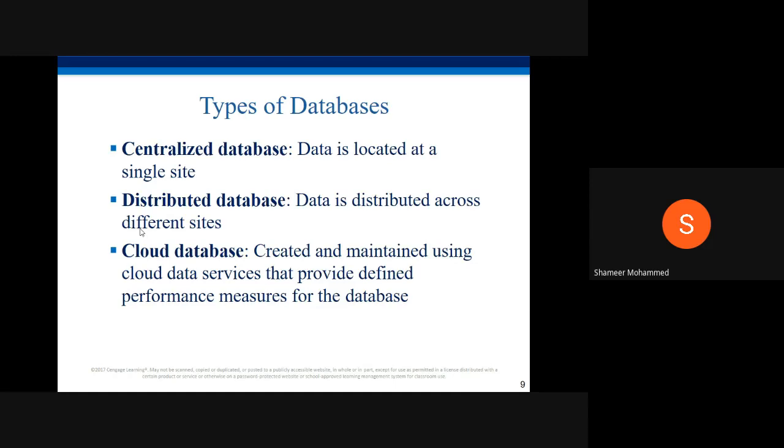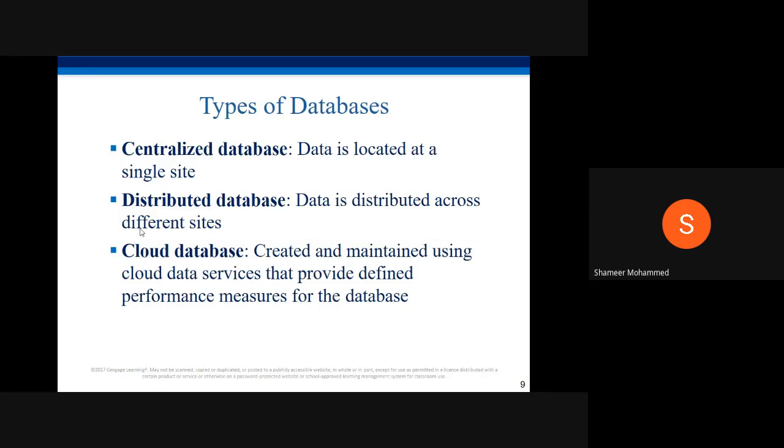For example, I am storing students' data in the Sur College database server, teachers' data in the Sohar College database server, books data in the Salala College database, and computers data in the Ibri College. Like that, you can distribute the data and store it in different locations. That is known as a distributed database.